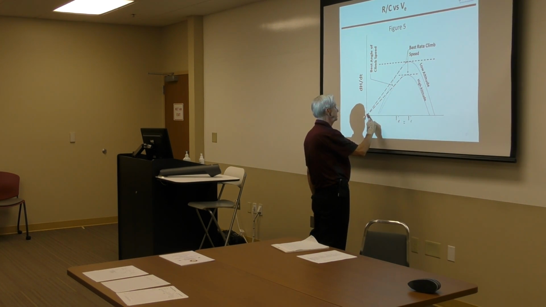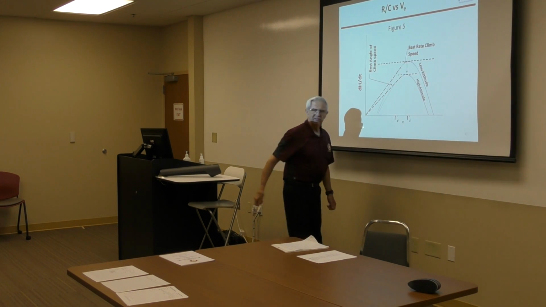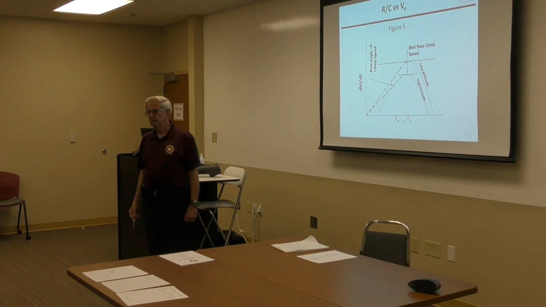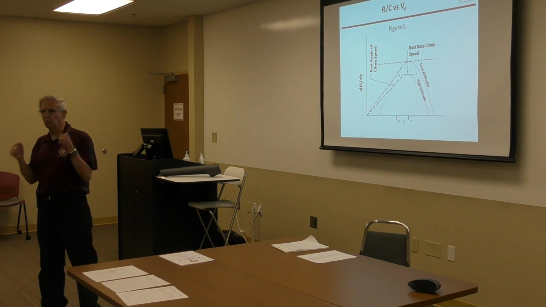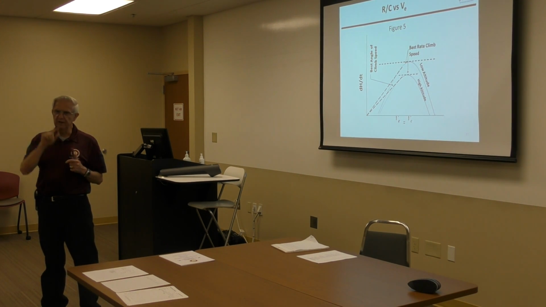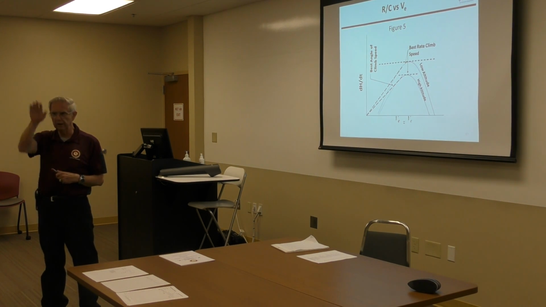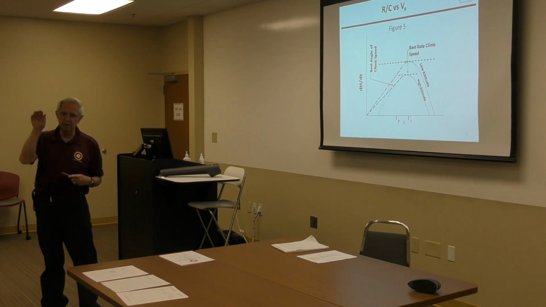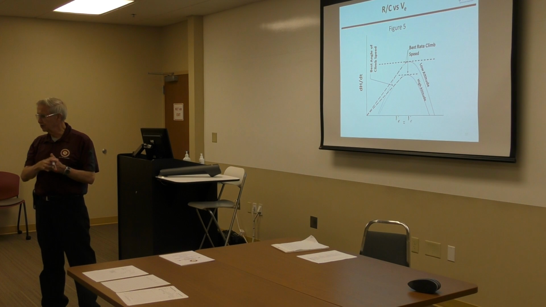But the other thing is, you draw from the origin, tangent to the curve. That is the best angle of climb speed. You've probably seen that. That's the speed that you want to fly at if off the end of the runway is a big tall tower and you want to clear it. You don't fly at best rate climb speed because you'll probably clip the top of the tower off, okay? Because your best rate